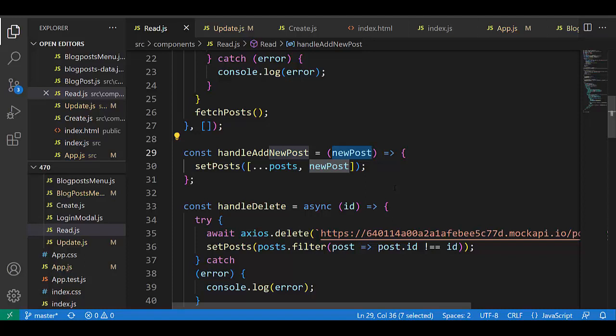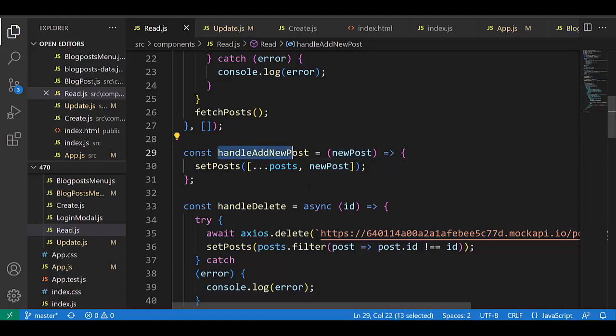But we understand that data cannot go from child to parent. And this new post is not coming here, but it is here like a variable. And it is not the create data new post coming here in read, no, but from create